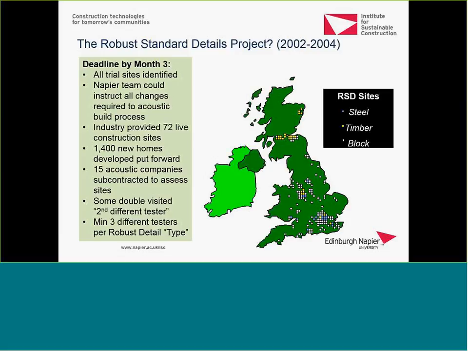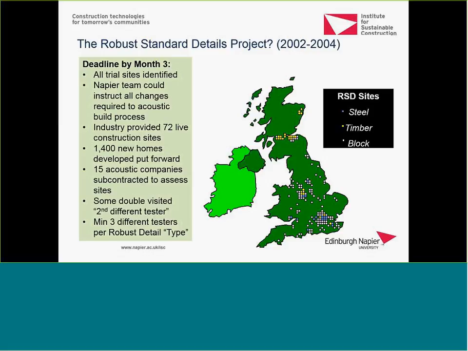1,400 new homes were built during that period, which incorporated our amended designs or new designs, and we subcontracted to 15 acoustic companies to go out and test these sites and sample them. In some cases, we actually double visited sites without consultants knowing that they were the second consultant or acoustic tester on that site, just so we could check and monitor the repeatability and reproducibility of the testing which was going on. And we needed and decided that we'd have a minimum of 3 different test companies spread over those 30